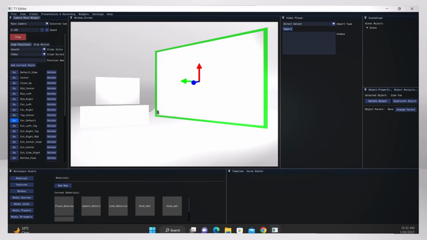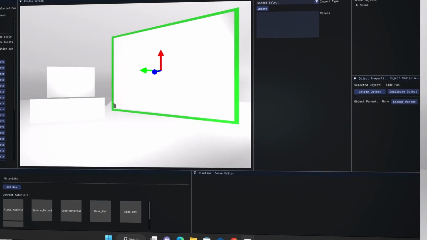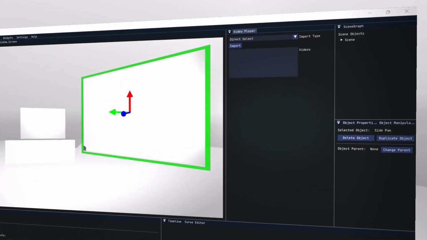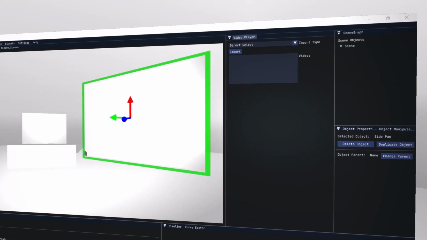Once you do that, go to the import button, which is on the right side of this plane inside the video player widget. Go and then click import, and once you do that, it will ask you for the source of your